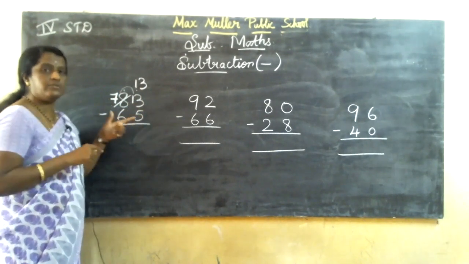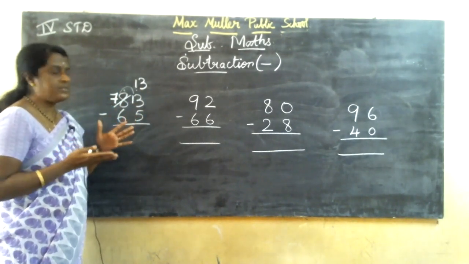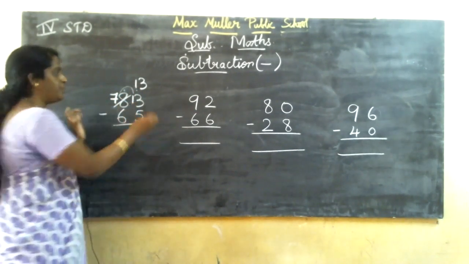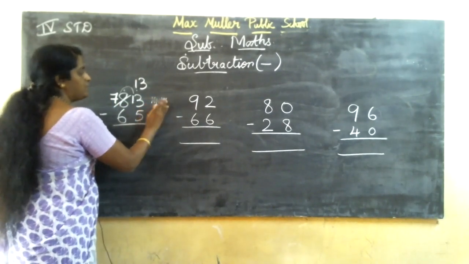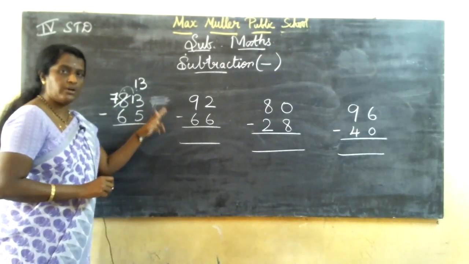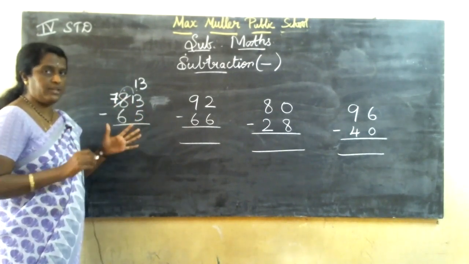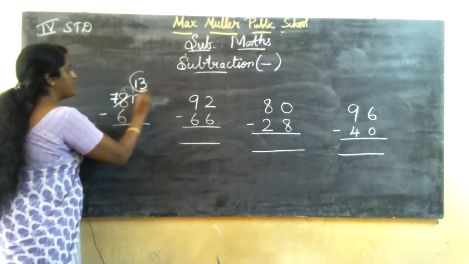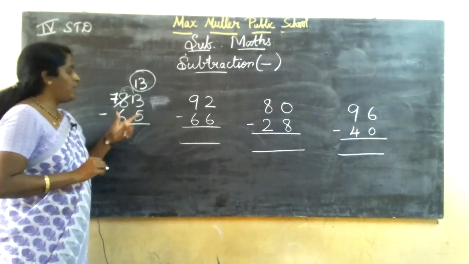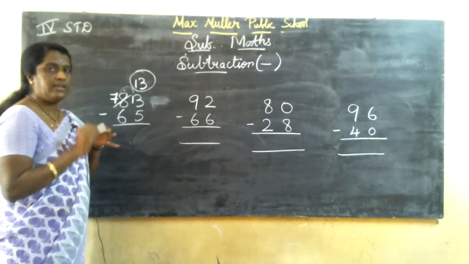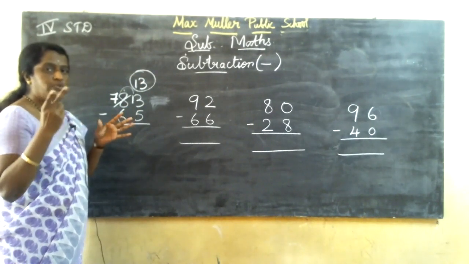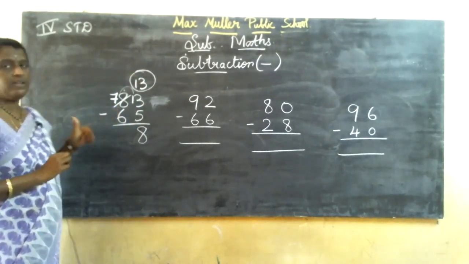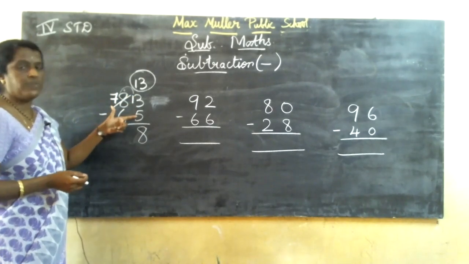So in 13, minus 5. You are having 13 fingers? No, you are having only 10 fingers. So for 13 minus, you don't put lines like this, 1, 2, 3, 4, 5, 6, 7. You should not put this. That method is wrong. You should not put one line and all. So after 5, you should count up to 13: after 5, 6, 7, 8, 9, 10, 11, 12, 13. So the answer is 8. You only check now: 8 plus 5, 13. So 13 minus 5, 8.